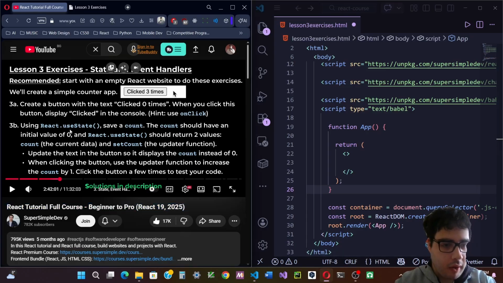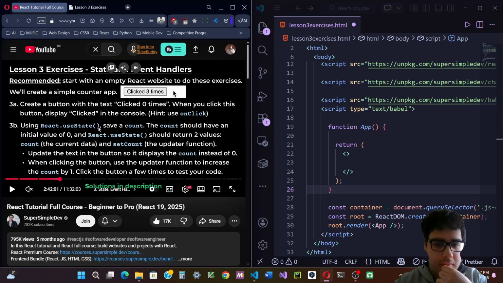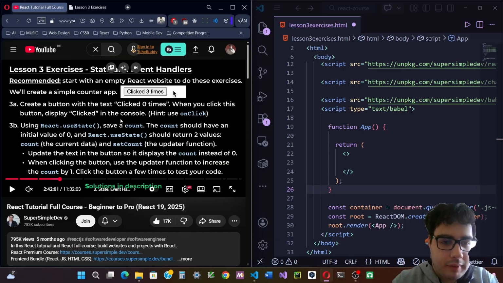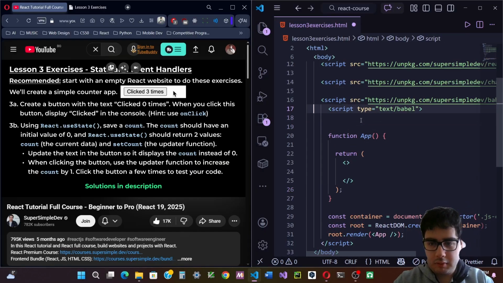Anyways, we'll continue with the React course by Super Simple Dev, and we're gonna do some exercises right here. First exercise, we're gonna have a button and a counter. Create a button with the text count, click 0 times. When you click this button, display clicked in the console. Hit use on click. Okay, so I think I'm gonna create